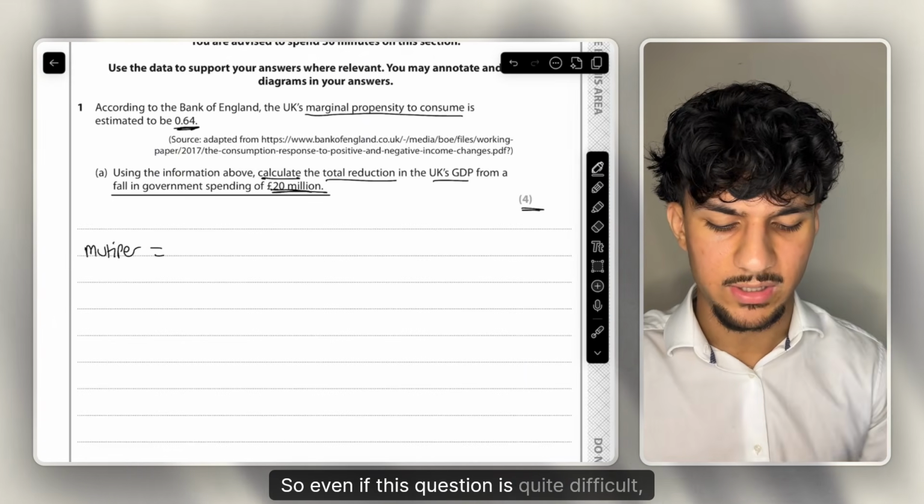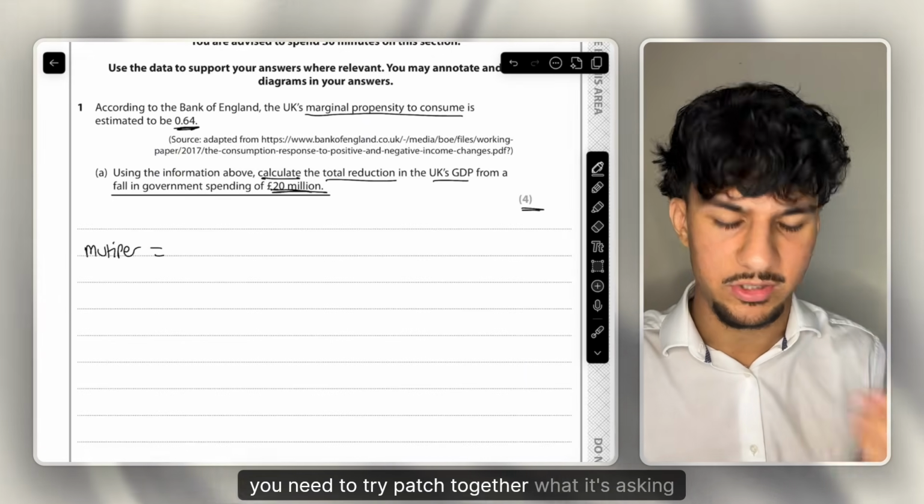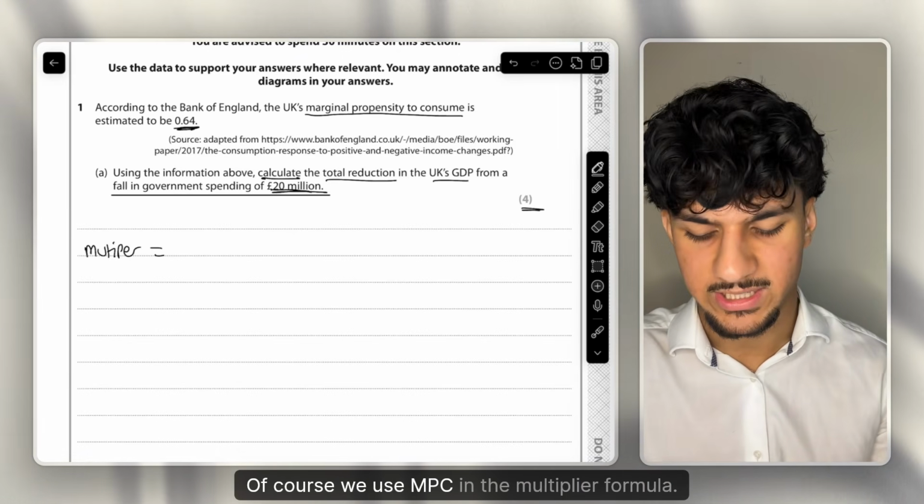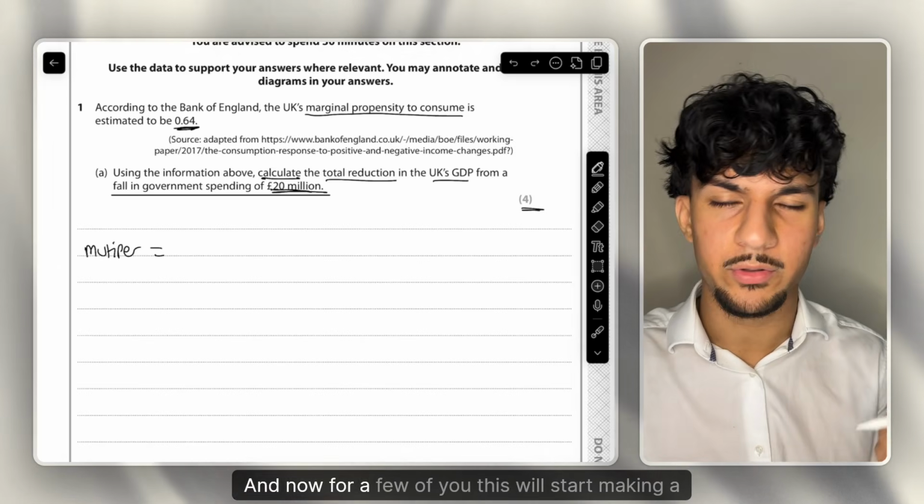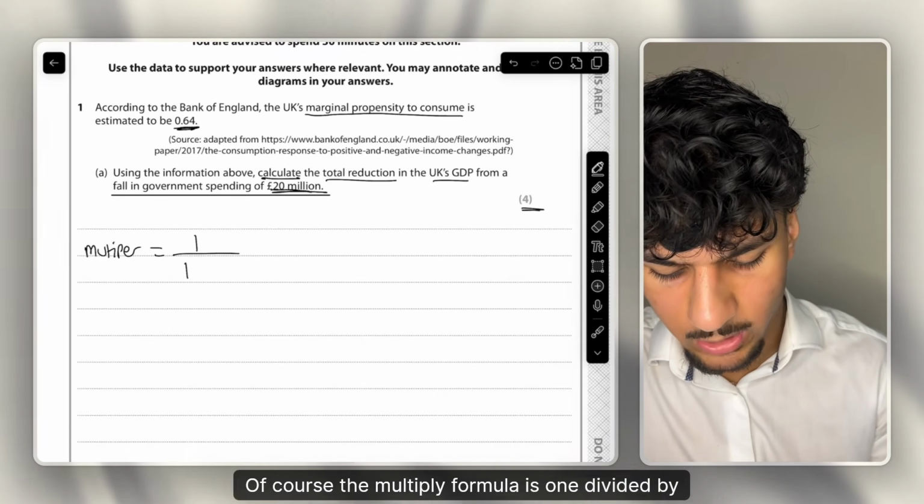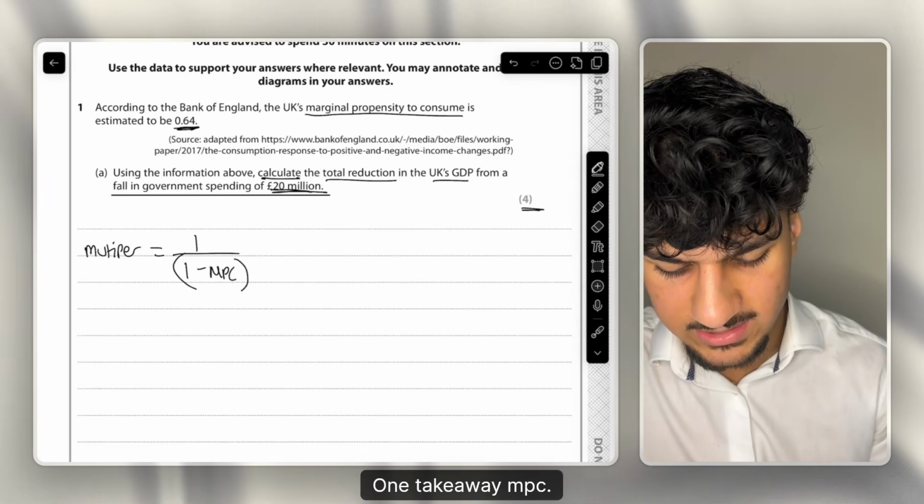So even if this question is quite difficult, you need to try patch together what it's asking you, and one way to do that is, where do we use the MPC formula? Of course, we use MPC in the multiplier formula, and now for a few of you this will start making a lot more sense. And of course, the multiplier formula is 1 divided by 1 take away MPC, and now